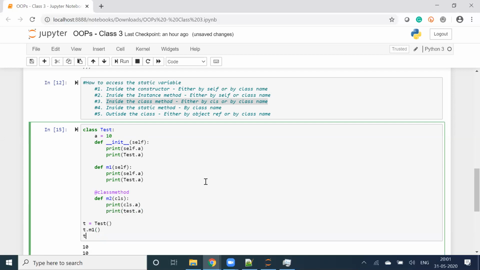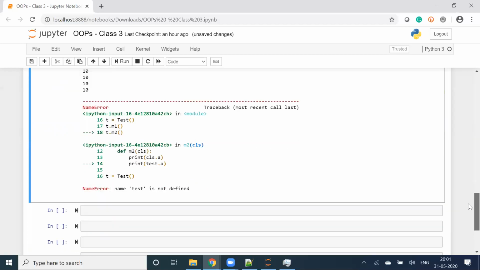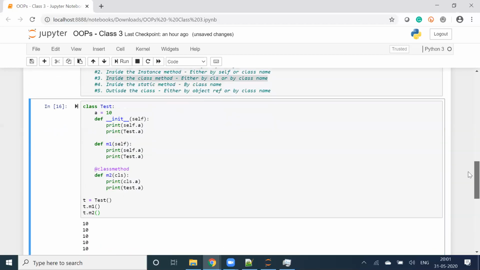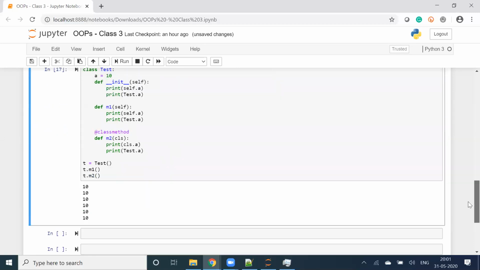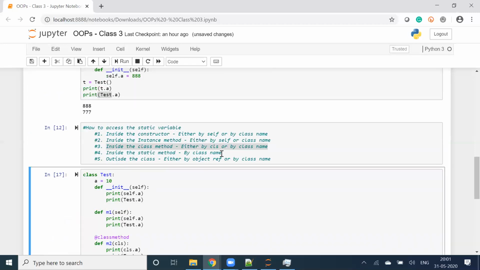I'll call t.m2. Something goes wrong here. Test is not defined. Sorry, capital T. Now you see I'm getting 2, 2, 2. Perfect. 2 from constructor, 2 from m1, 2 from m2. So from the class method also, I can access the static variable by using CLS or class name.